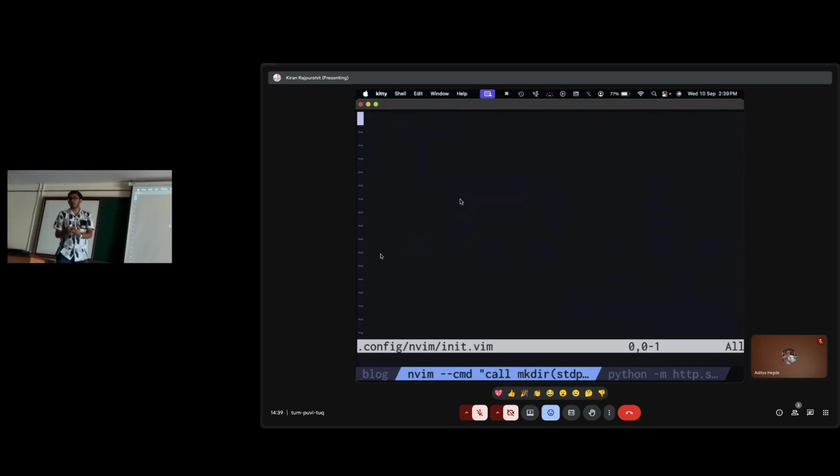Alright, cool. Next steps. So this is your editor. Whenever you open Vim, this is what you initially see. This is called the buffer. This is called the tab line. Sorry, this is called the status line. This is your buffer. A buffer is a view into a file, and a window is a view into a buffer. So you can have a file attached to a buffer, and multiple different windows that see the same buffer.